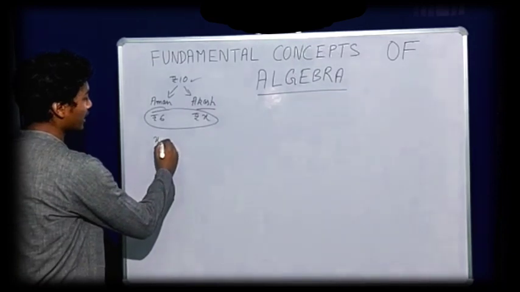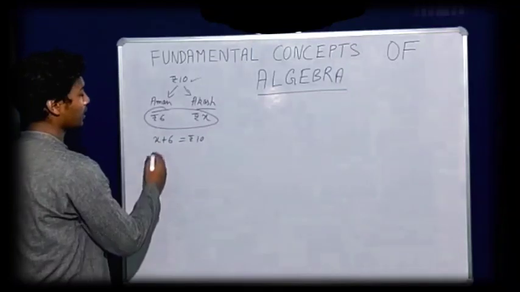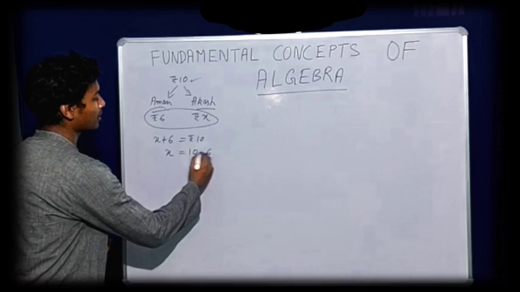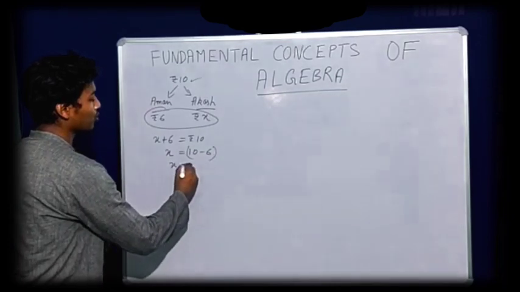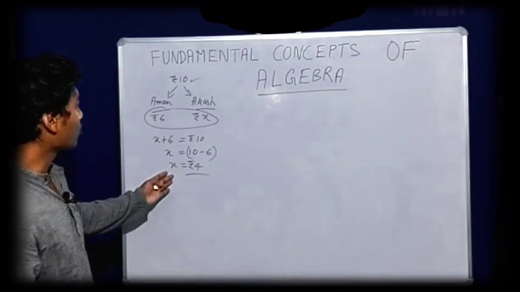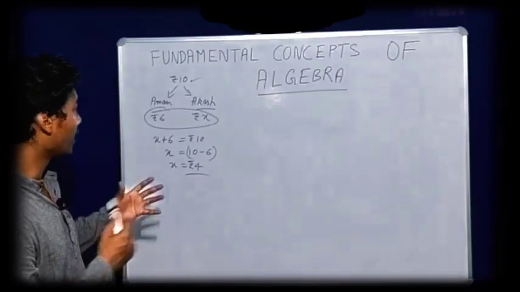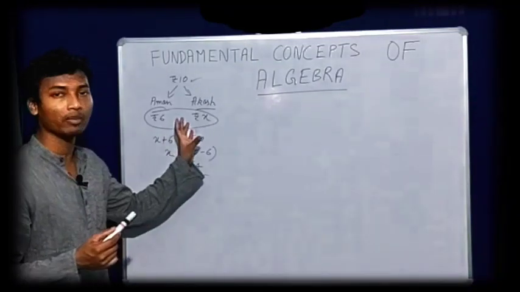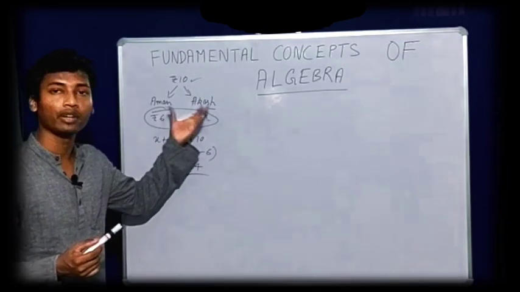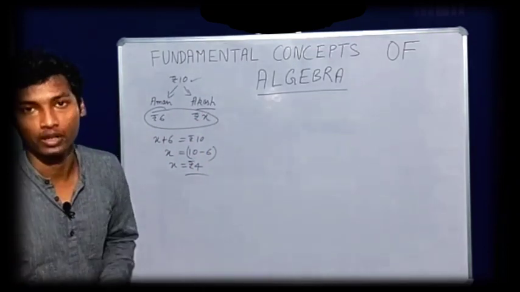So we can say X plus 6 is equal to rupees 10, right? So if we transpose 6 to the other side, it will become 10 minus 6, that will be equal to 4 rupees. So we found out the value of X. So similarly in algebra, we are finding the unknown. So we are assuming the variable X as a number or an amount that is given to Akash. So we can assume any variable for a number which is not given.